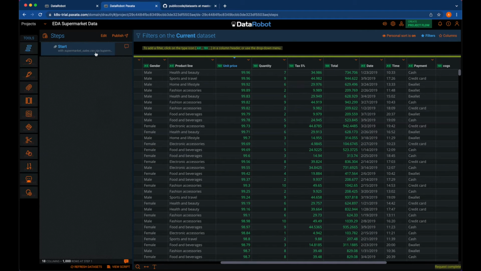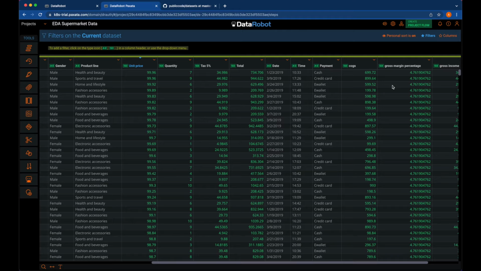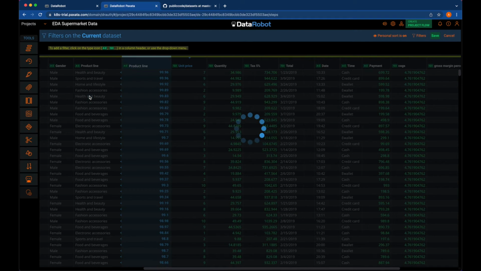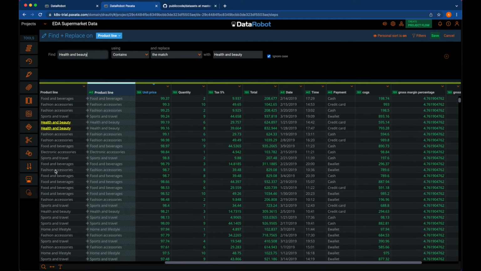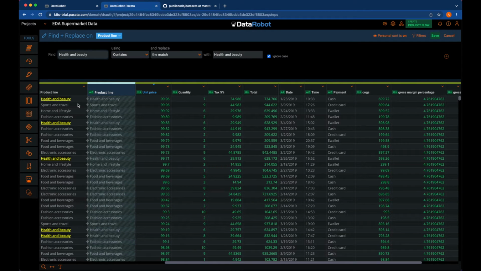If you see that the steps window is available here, and you do not want to see these steps, it's better to close it because that gives you more real estate to experience your data. Now, as you see here, we have this product line. If you look into your products, or any of your cell values, and double click the cell value, very quickly you are going to see a little more transformed view of your data set. So we have selected health and beauty, and as you can see, all the values related to health and beauty are